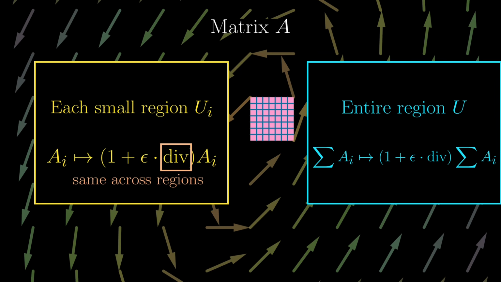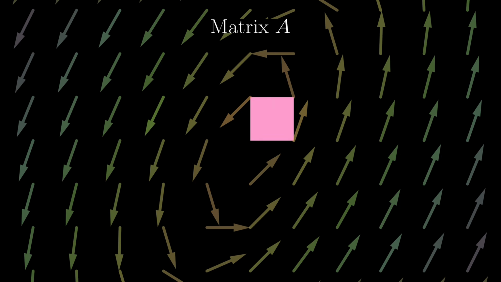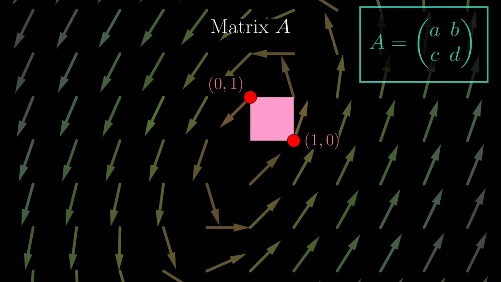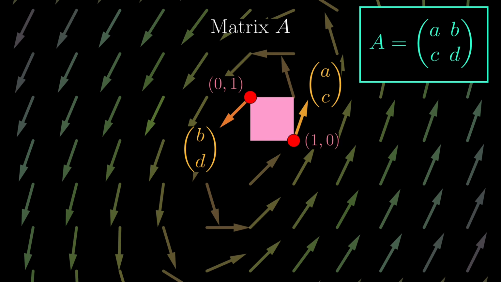Since we can basically choose any region to see how the area evolves, a convenient choice is the unit square containing points (1, 0) and (0, 1), as the initial area would automatically be 1, so we focus on the rate of area change. If we suppose that A is the square matrix [a, b; c, d], then, as said before, the vector attached to (1, 0) would be the first column (a, c), and the vector attached to (0, 1) would be the second column (b, d).